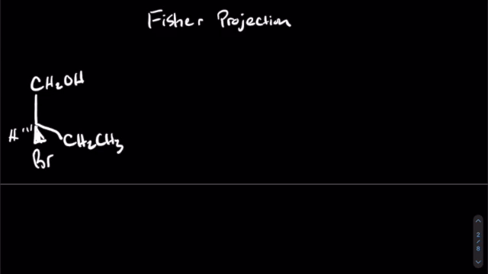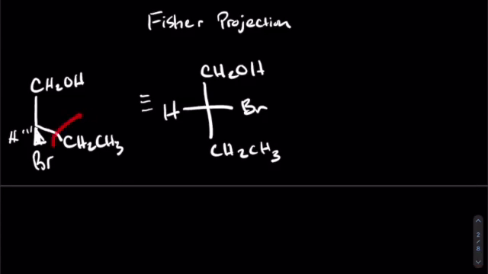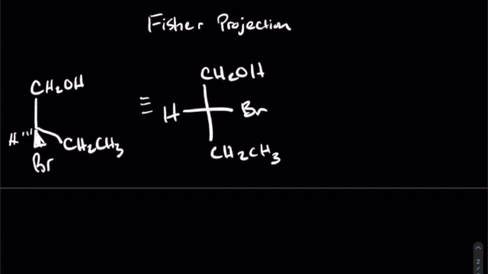A Fischer projection is ideally drawn to make this whole chiral center look like a plus. And in this instance, it becomes a bit easier to visualize. If I could just draw out my molecule like that without any dashes or wedges, we could come to an idea as to what the stereochemistry is, because now I have converted this into this. And in principle, and I'll show you how, this is a much easier problem to solve when you're talking about stereochemistry, because in this case,